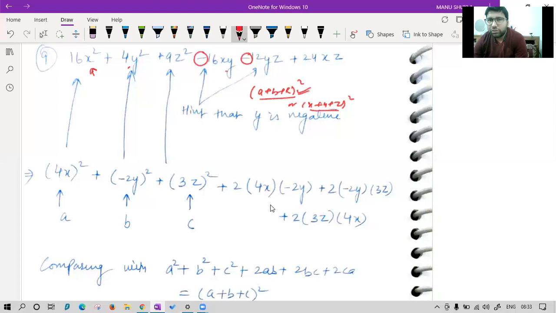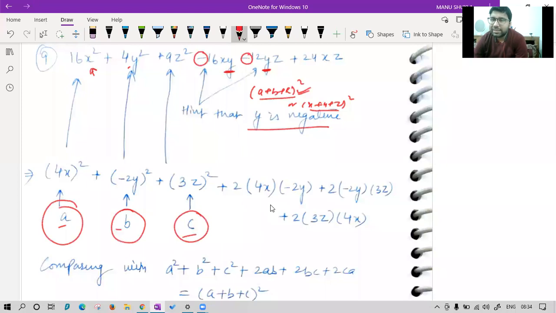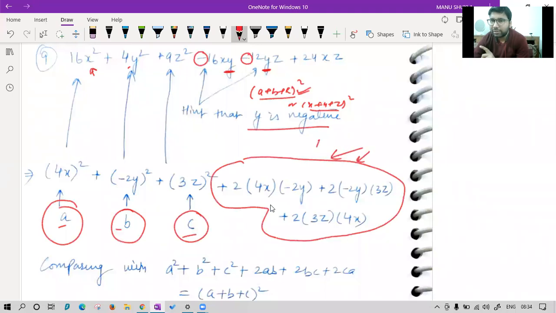And if I observe, I get y is same in both the terms. So I know this thing that y is negative only while writing A, B, C. My only effort should be in writing A, B and C. I told you we will not look at the question for the remaining part. If you remember, class, at the time we did the questions, I told you for this remaining part, we will not look at the question given to us. For the question, we will only write A, B, and C.